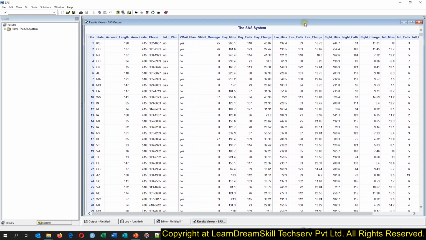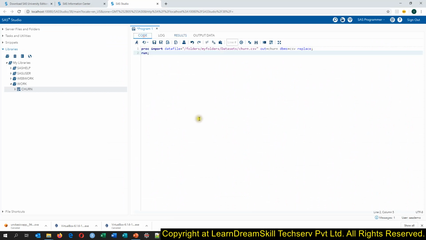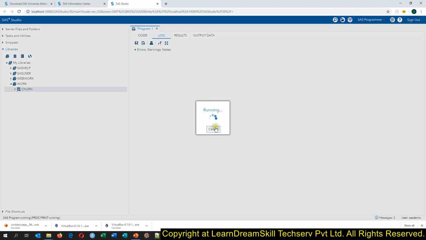Same way, if we come to SAS Studio and in the code we write proc print and run, and click on the running man, you will see the result in the results window. It is still running.